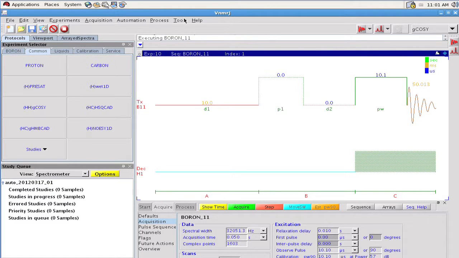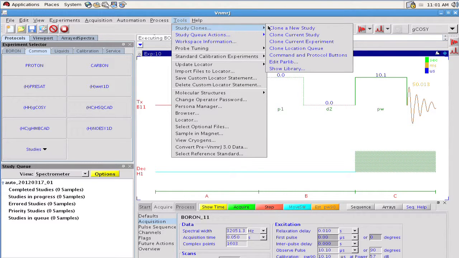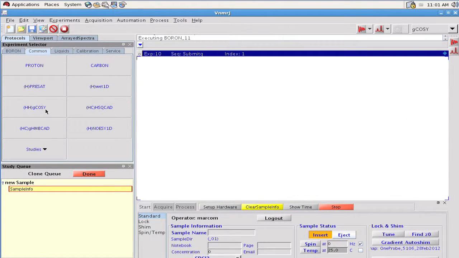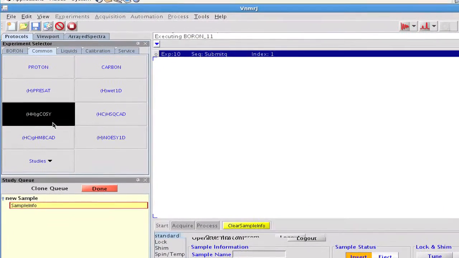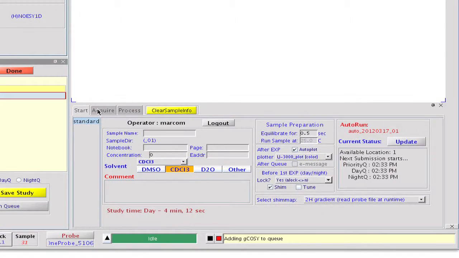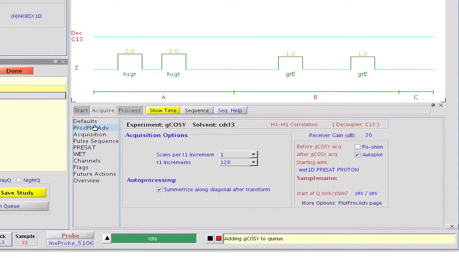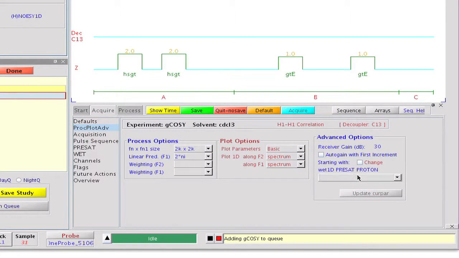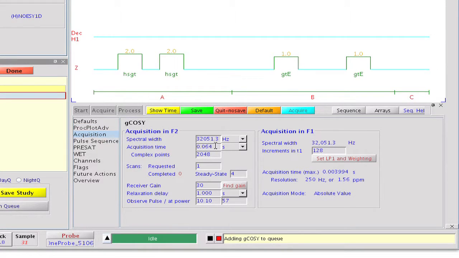We continue by creating a gradient COSY protocol for B11. Our starting point this time is the G-COSY protocol that VNMRJ has by default for protons. We clone this protocol and make it boron compatible. By double-clicking on the G-COSY protocol, the COSY-related parameters are loaded to the current workspace, ready to be customized. A proton COSY is typically set up from a proton spectrum. Similarly, a boron COSY should make use of a boron 11 spectrum if it is available at the time the 2D experiment is requested. We continue by setting the acquisition time and the relaxation delay,